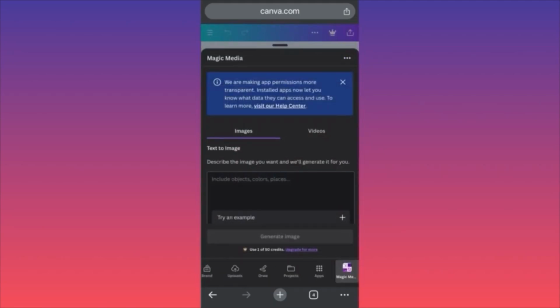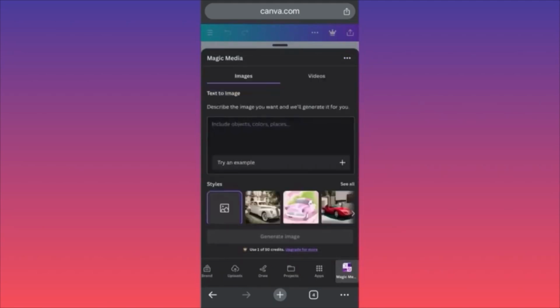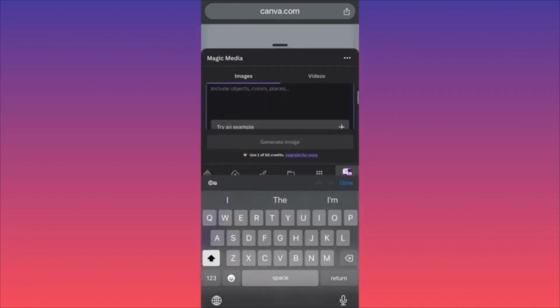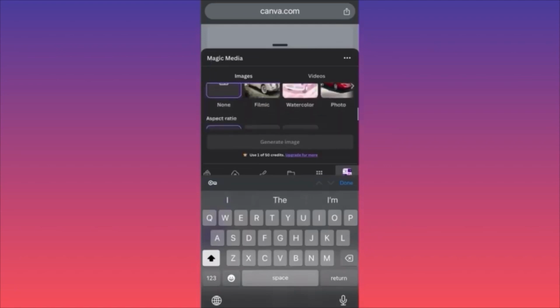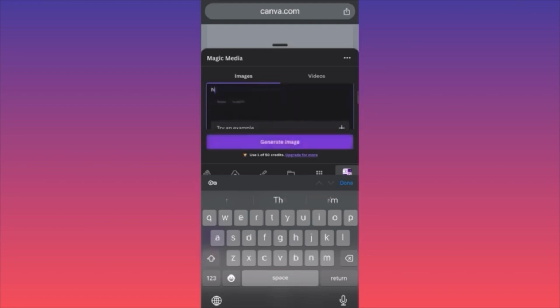The way this works is that when you come over here, you have to type a particular prompt. When you type the prompt, you also have to choose underneath the style of the prompt. So in our example, we're going to create New York City in the space with flying cars